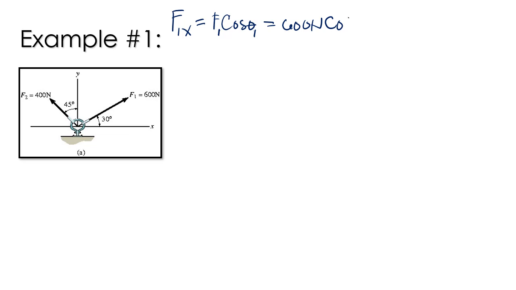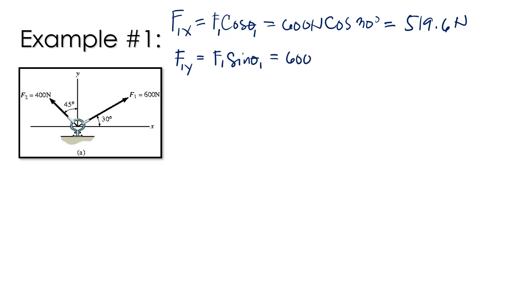So cosine of 30 degrees. The result is equal to 519.6 Newton. Then the y component, we have F1y is equal to F1 sine of theta 1, which is equivalent to